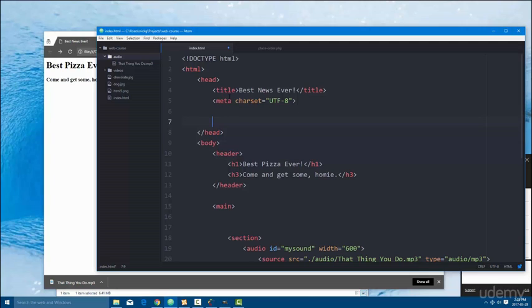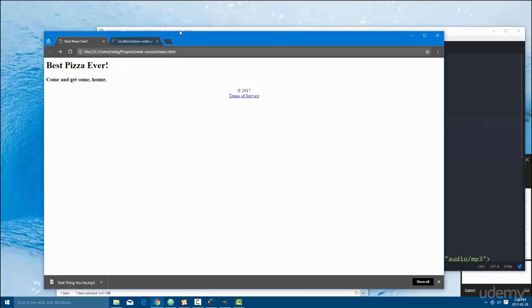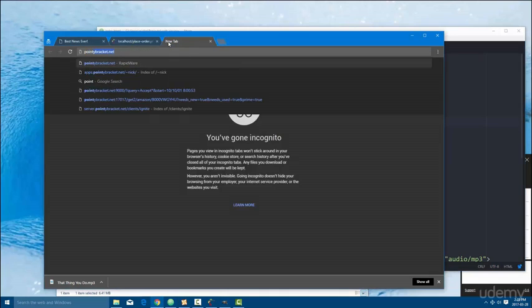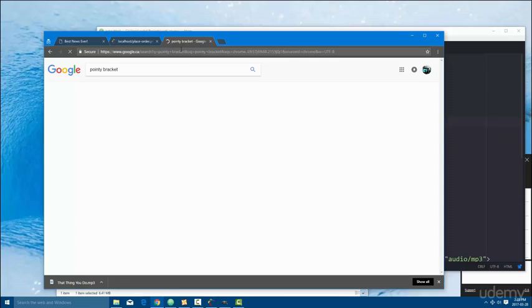So the next one we're going to discuss is very important for SEO, and it's a description. Now the description meta tag is going to be used for search results. For instance, when your website is scraped by Google, Google's bot is going to look at the description meta tag, and if it's appropriate, it's going to use that tag as the little blurb that you see on Google results. So let's go ahead and look up a page,